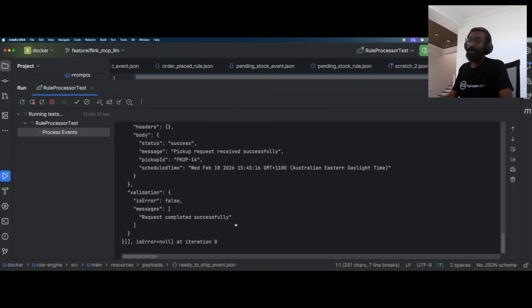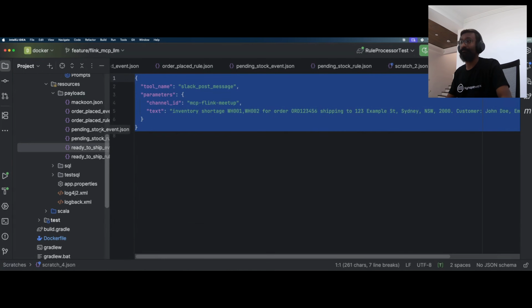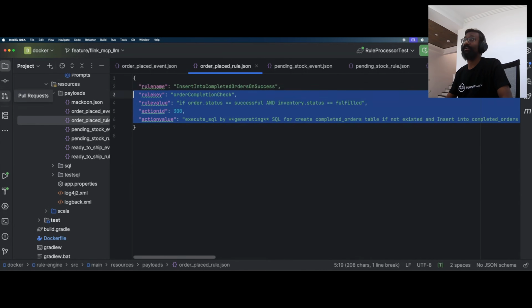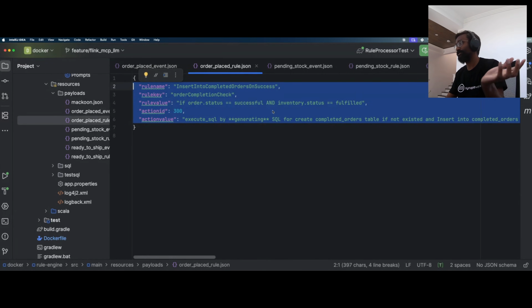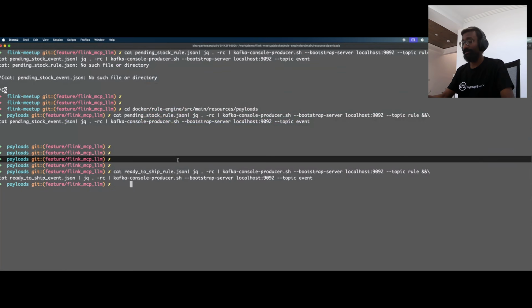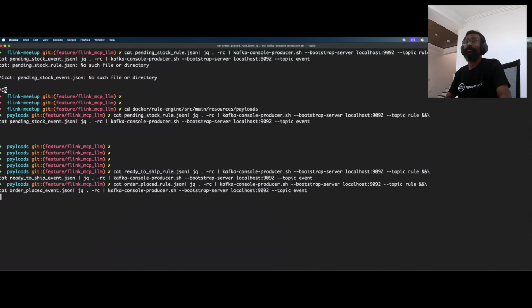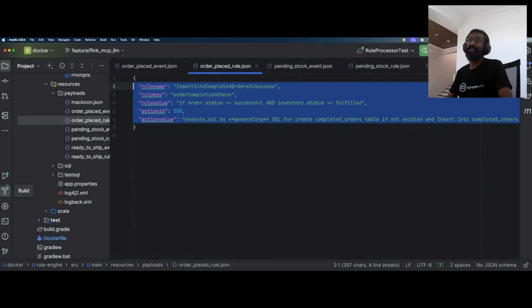So now the one final thing we would do is write to a data warehouse, or perhaps a data lake, or whatever it is. Simply for this use case, once the order gets completed, we want to write into a database. For instance, if you see here, the order got fulfilled 100% and the status is successful, everything is done. Just write the final record into the database. So let's simply write this particular event into Kafka. So you just write this to the Kafka topic, and then once you go there,